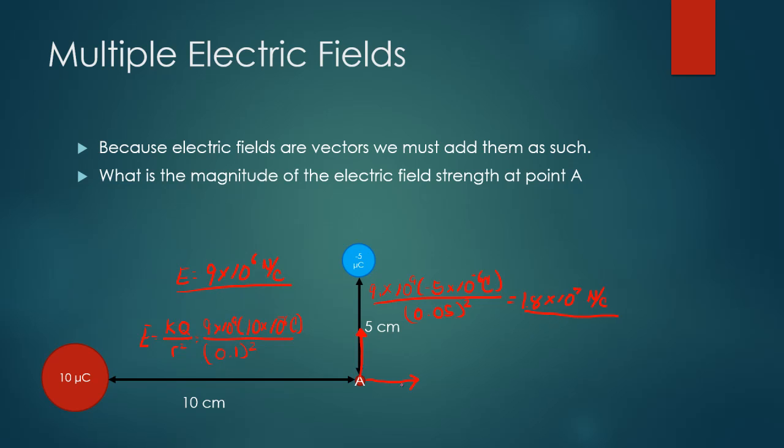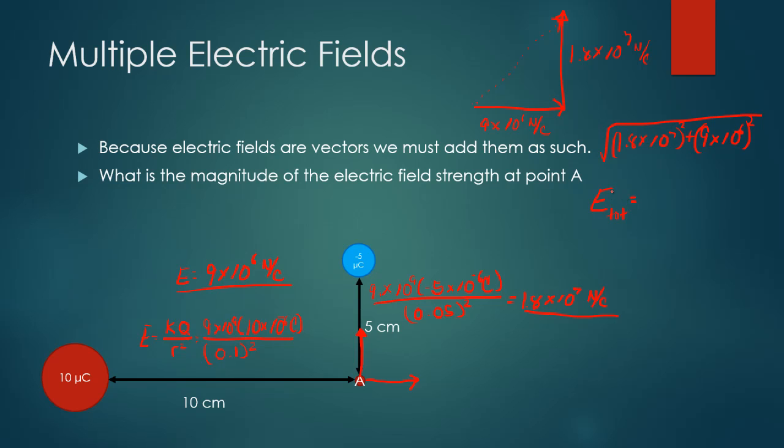And if I look here, these are two vectors. And so if I were to do math with them, then I would add my bottom vector, and I use the head-to-tail method, and I get 1.8 times 10 to the 7th newtons per coulomb. And over here I have 9 times 10 to the 6th newtons per coulomb. And so in order to solve out what the resultant vector would be, I just need to use the Pythagorean theorem. So I get 1.8 times 10 to the 7th squared plus 9 times 10 to the 6th squared, and then I take the square root of that,